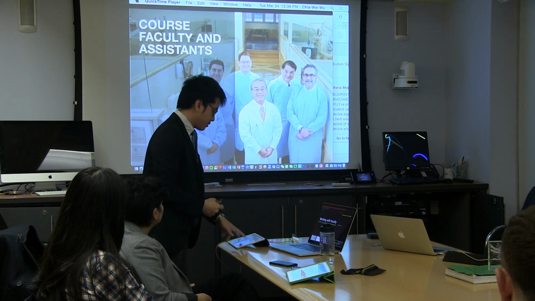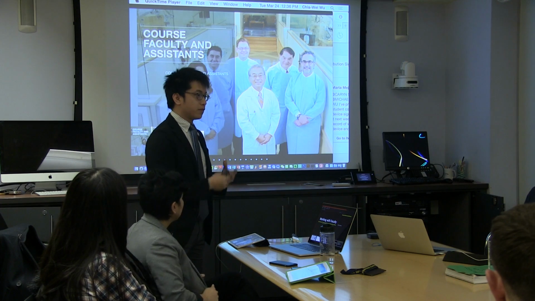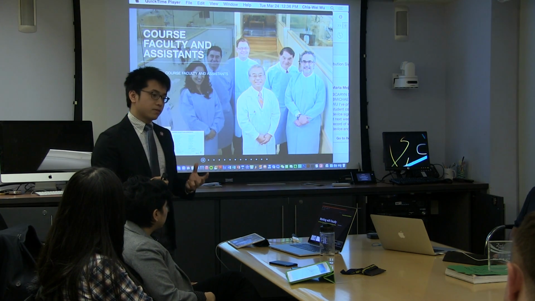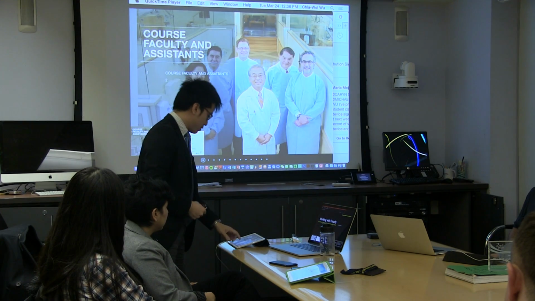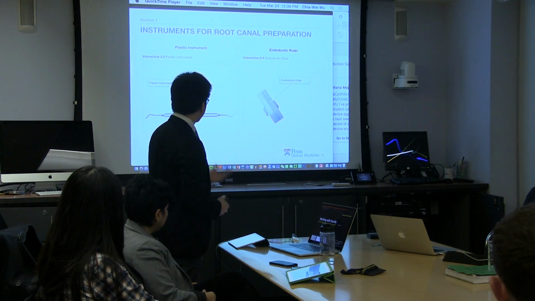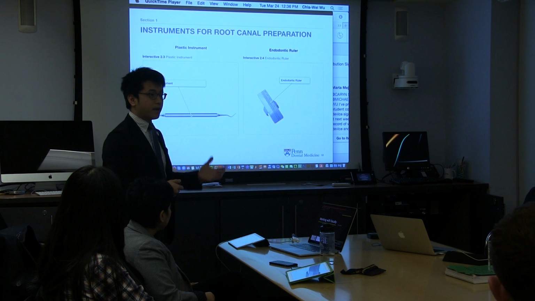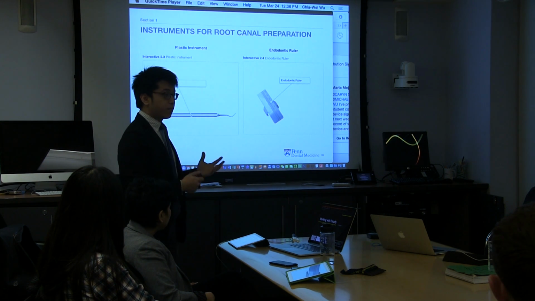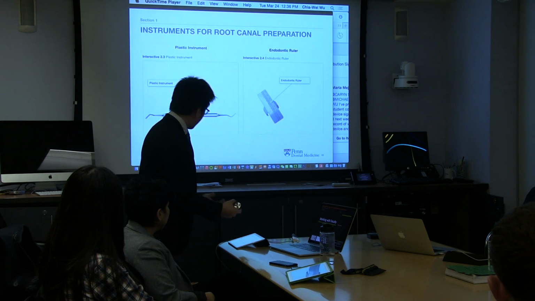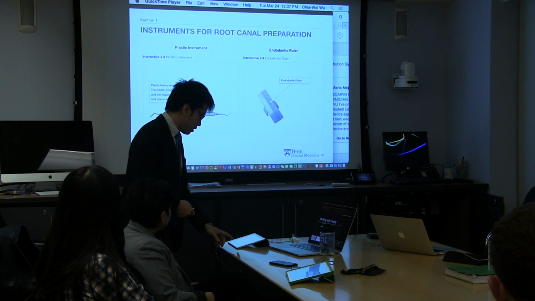So it's really exciting, because originally they have their own PDF file for their clinical manual, but it's really troublesome because students have to print it out. And sometimes, as you can see, there are color pictures, like this instrument. The instrument is really important to them, and they have to know it really well. But if you print it in black and white, students cannot see it clearly. But in iBook, not only is it in color, but you can also do interactive